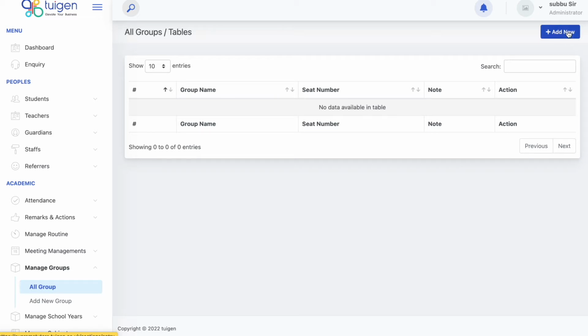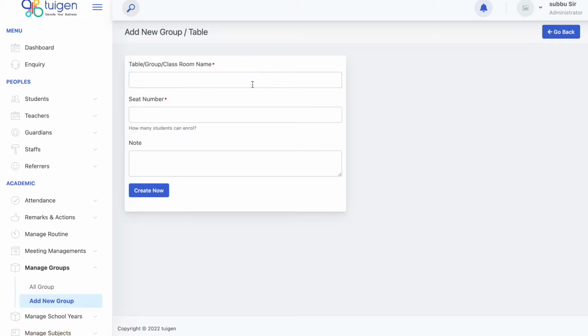So suppose I am given here one example as room 1, table 1, and I would like to put 4 students per table. So 4 students per table means you cannot enroll more than 4 students with that table or with that particular teacher. So you can always change it to as many as you want. So this is room 1, table 1, I created, and then I just wanted to do